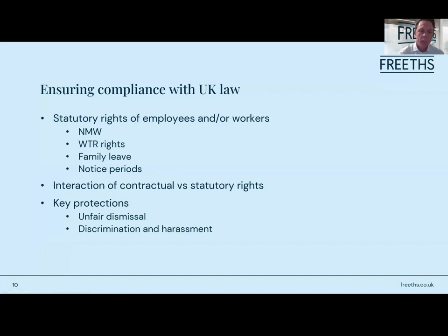So the final points to make here are around some of the statutory rights that employees have when working for you. The top bullet point there is the national minimum wage. So this is currently £12.21 per hour for employees 21 or over. Then there are other statutory rights that employees have from their first day of working for you, such as the working time regulations. So a requirement not to be made to work more than 48 hours per week over a 17-week reference period,